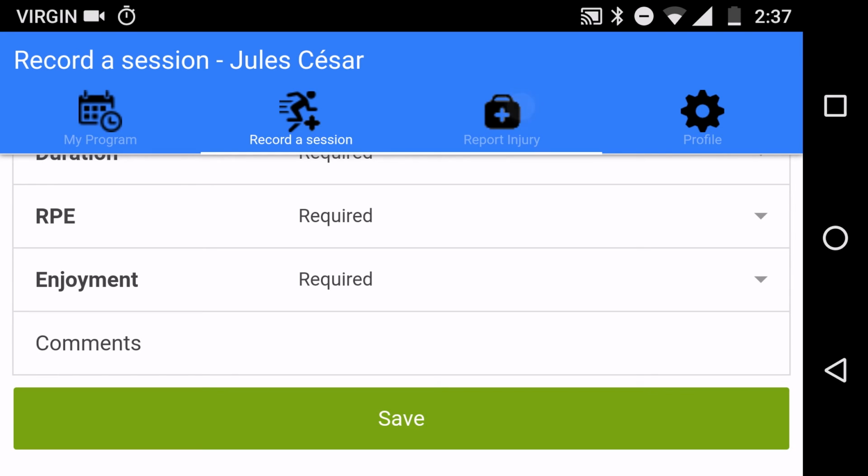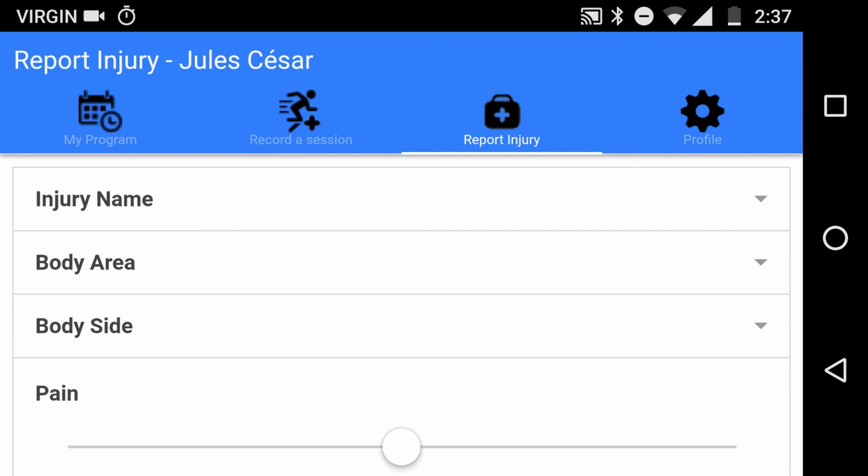Let's go to the Report Injury tab. This is where you'll report any illnesses or injuries you're experiencing, whether they occurred during training sessions or a game or even just at home. This makes it very easy for your coach to track your playing status. Simply select an injury name from the list at the top,